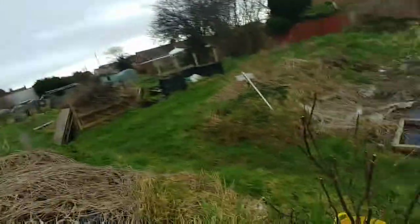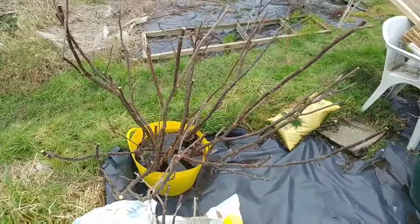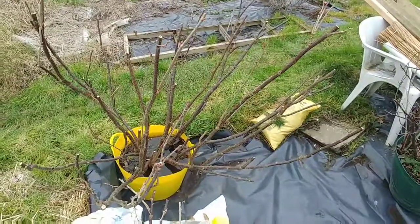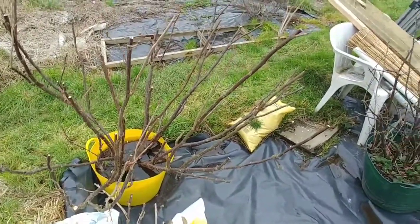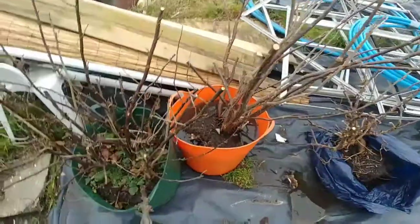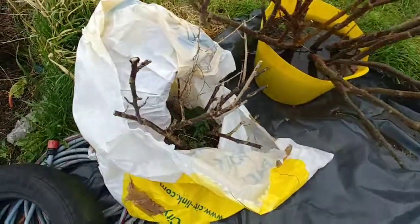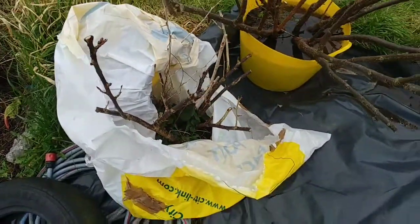Now I've got a blackcurrant, well, two blackcurrants and a redcurrant. Thing is, I'm going to have a job remembering which is which now, but the blackcurrant has a little bit of a smell as though a cat's peed on it, which is not good. I've also got a gooseberry bush and